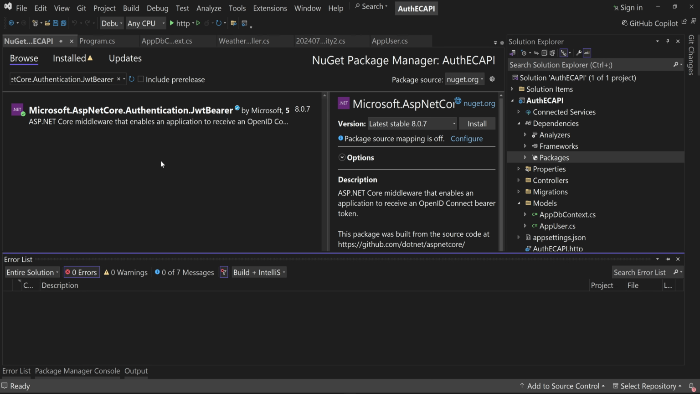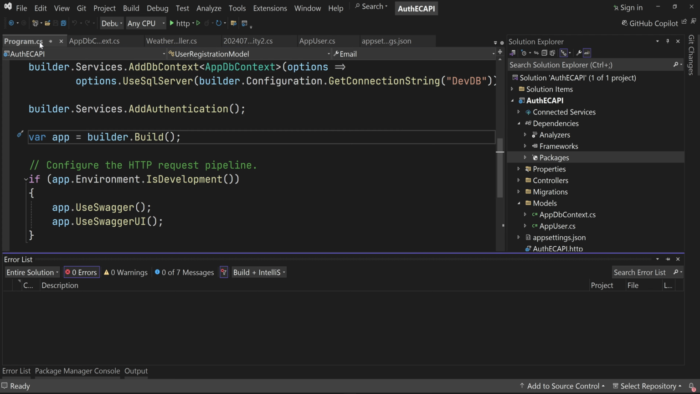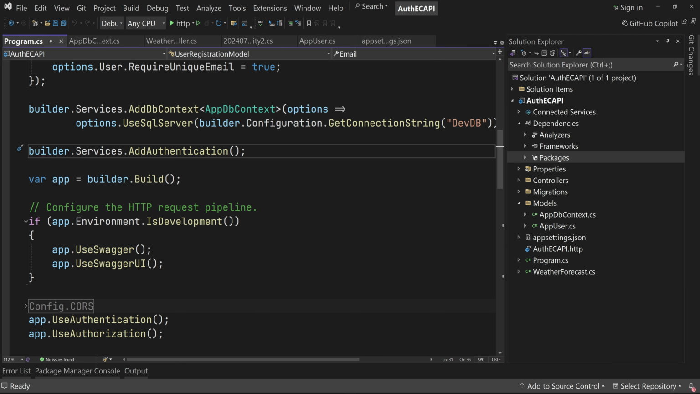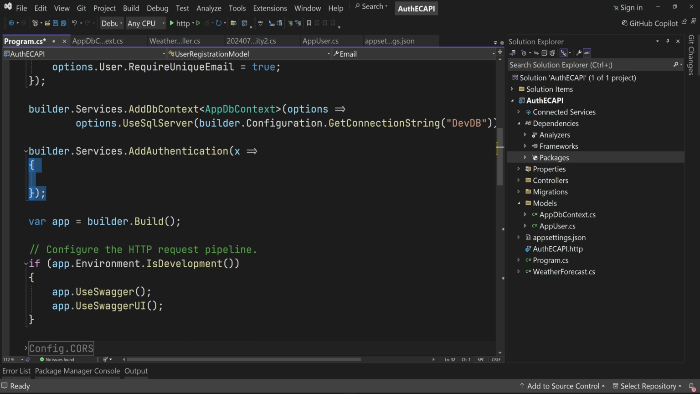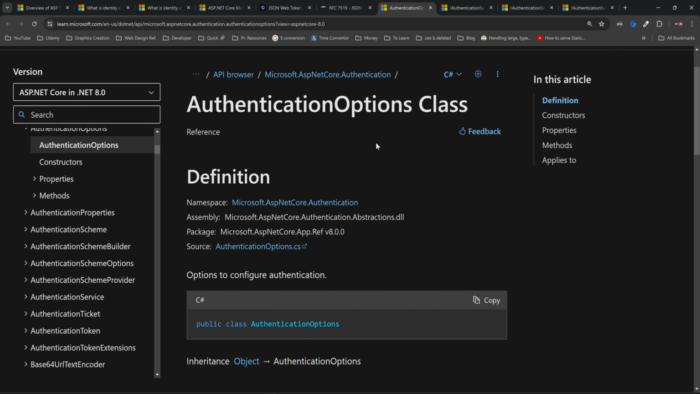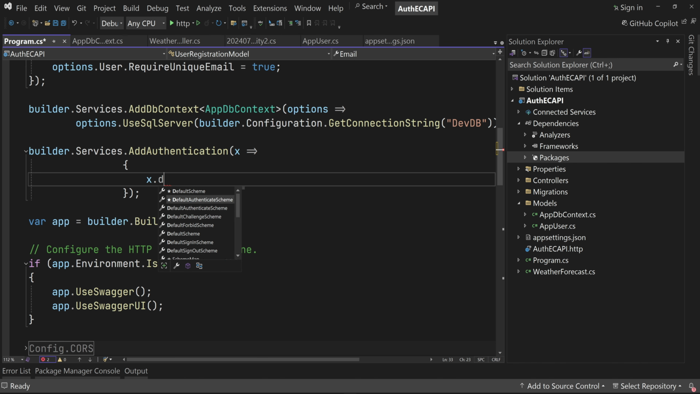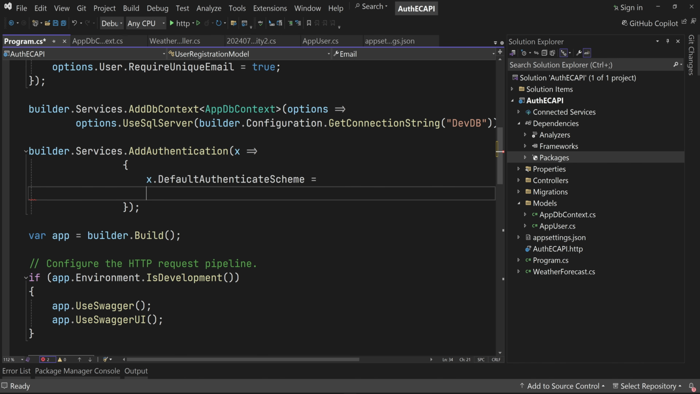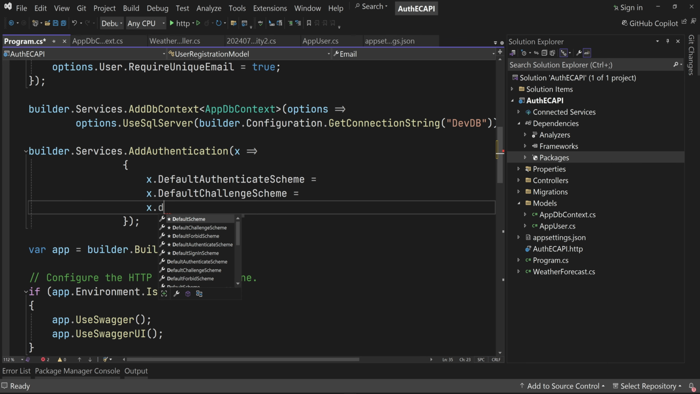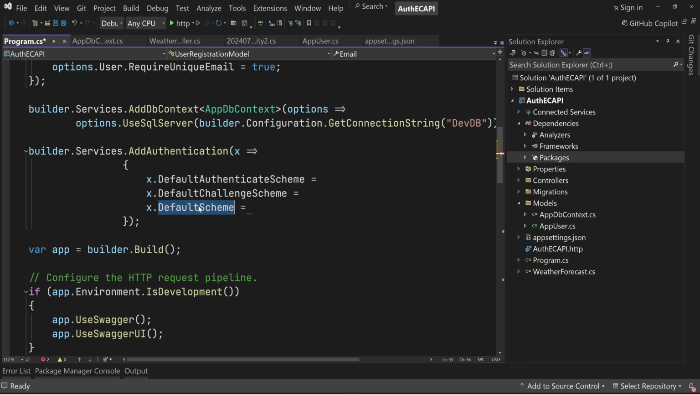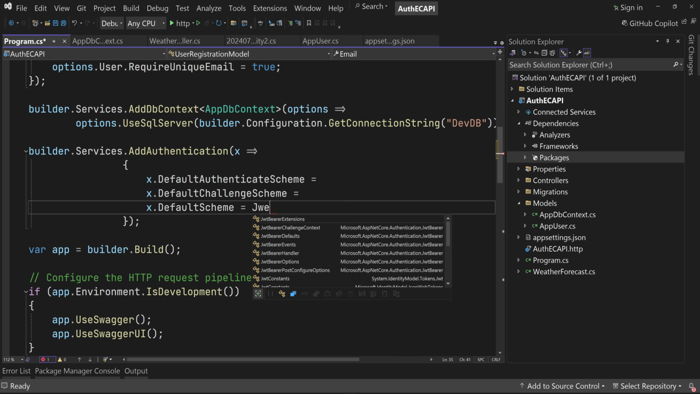So the installation is successful. Now back to the program.cs file. Now to this add authentication method, we'll be passing a lambda expression like this. Now inside this lambda expression, we are going to pass authentication options. So these are the available authentication options that we can pass to the lambda expression. So here we go, x dot default authentication scheme, and then we have default challenge scheme, and then we have the default scheme itself. All of these three schemes will be assigned with JWT. So here we go, JWT bearer